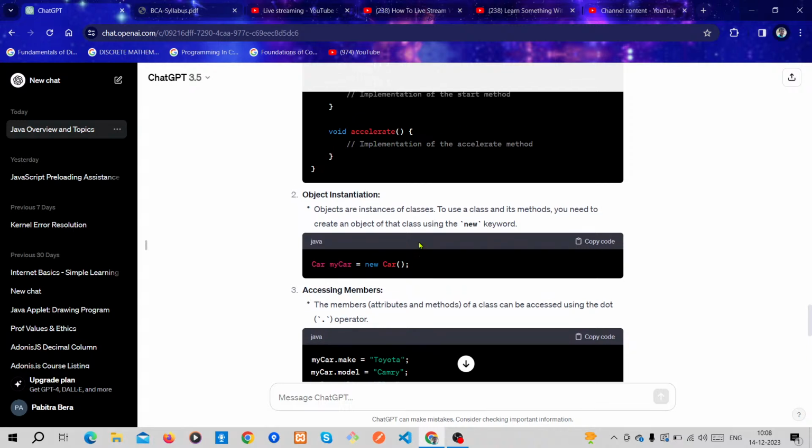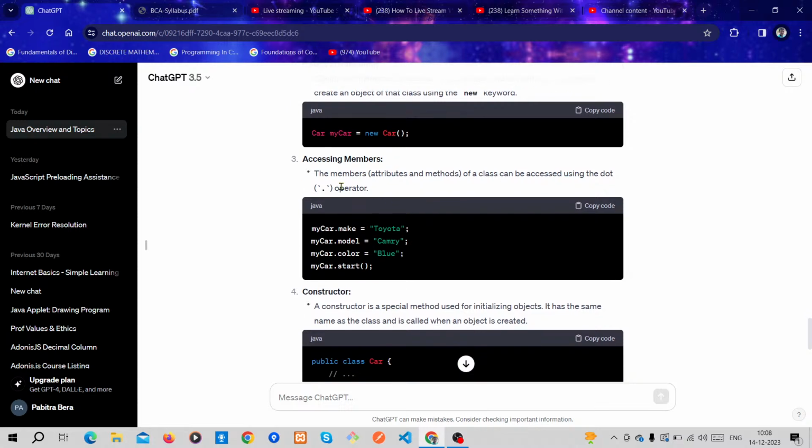Okay, then go to the next topic, which is accessing members, sorry for the pronunciation. The members, meaning attributes and methods of a class, can be accessed using the dot operator.